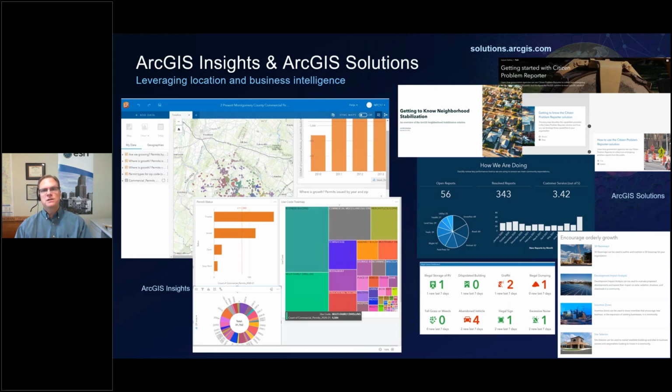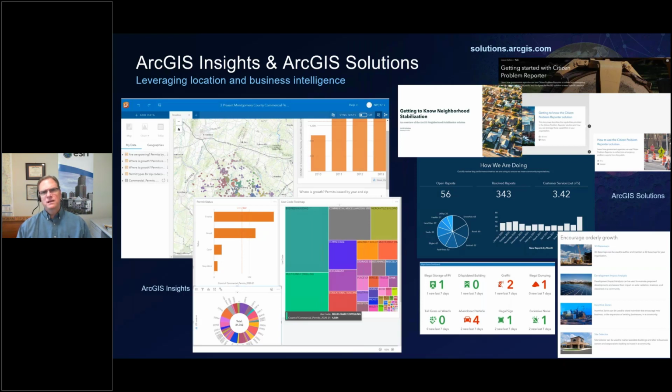We have story maps for each of them to walk you through how to deploy them. They're free, so that helps. That's easy to budget for. They're also open source. We actually provide the source code, which is great, but I'm not a developer. So the best part for me is they're configurable. I can go in and change the color scheme or the logo on the map, make it look the way that I want.